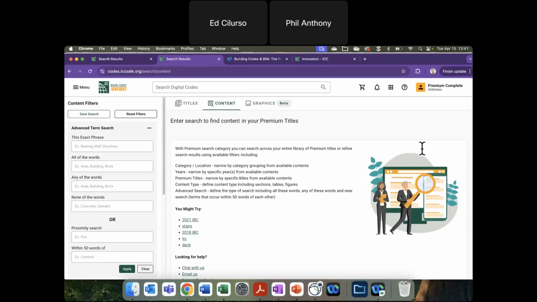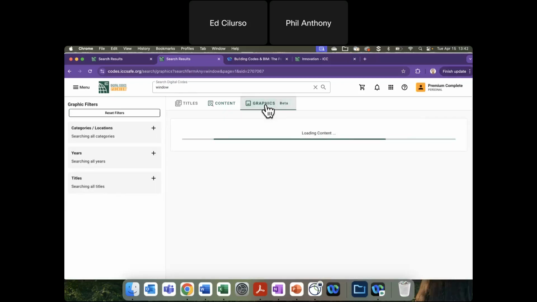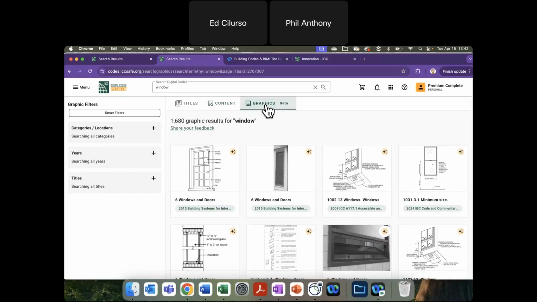One of the big things it does is match and remove the many duplicates that there are. Obviously, there are code cycles, various editions, and state editions of the codes. One of the issues we have within our platform is that we have so much content that images repeat fairly often. One of the primary uses of the tool was to not show users 5, 6, 10 copies of the same image.